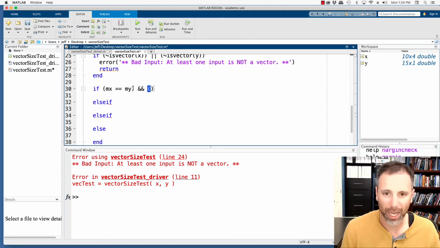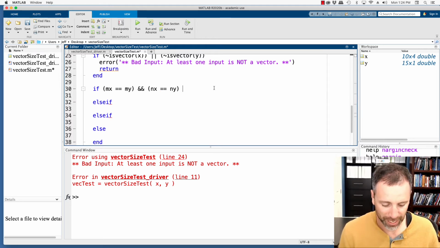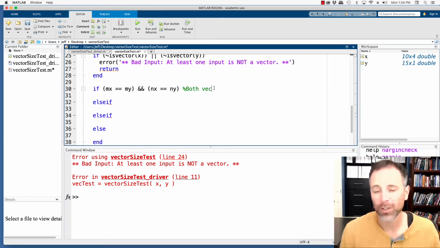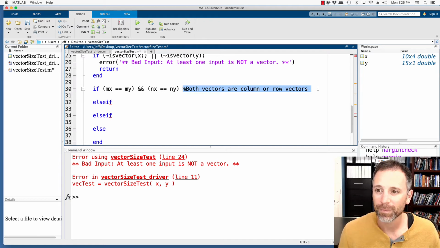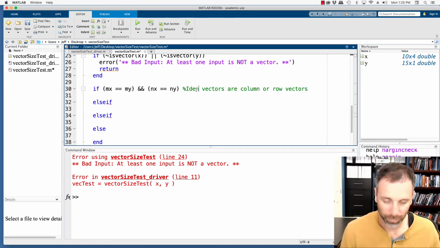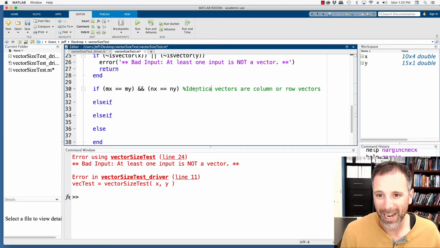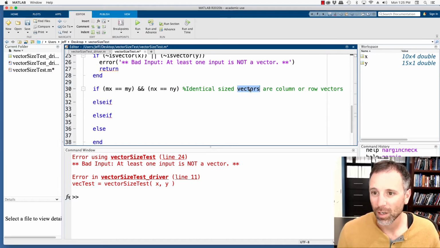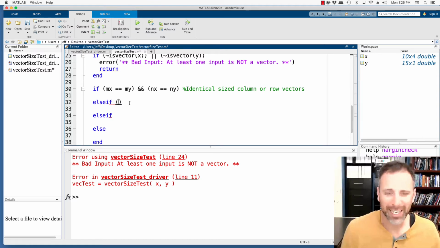We'll use that logical short circuit and operator, so nx equal ny. So we should say both vectors are column or row vectors, or maybe identical sized column or row vectors. Okay, remember the second case we had: